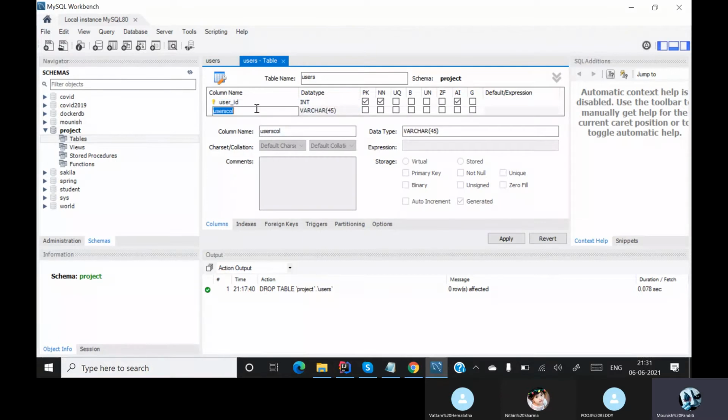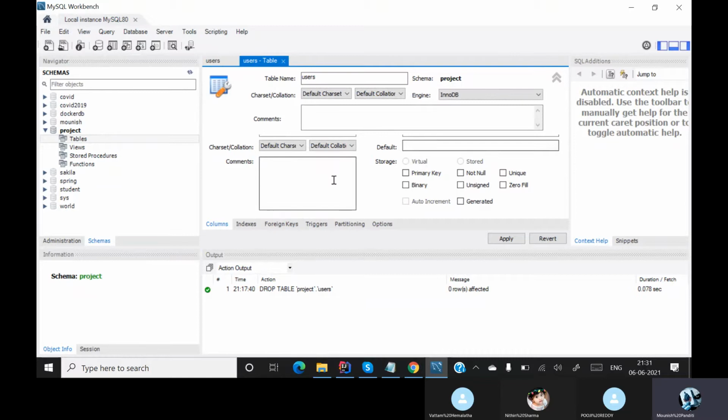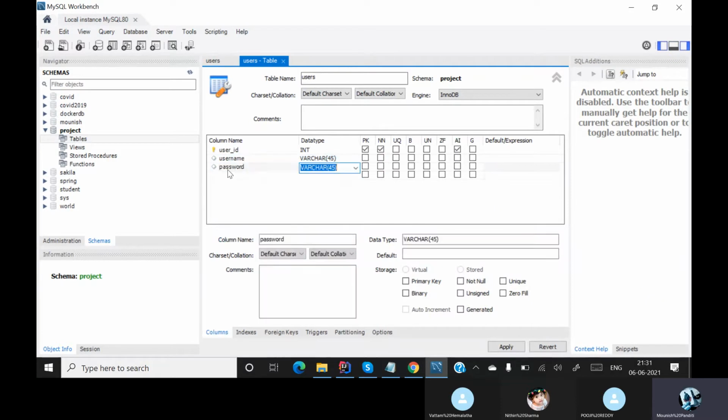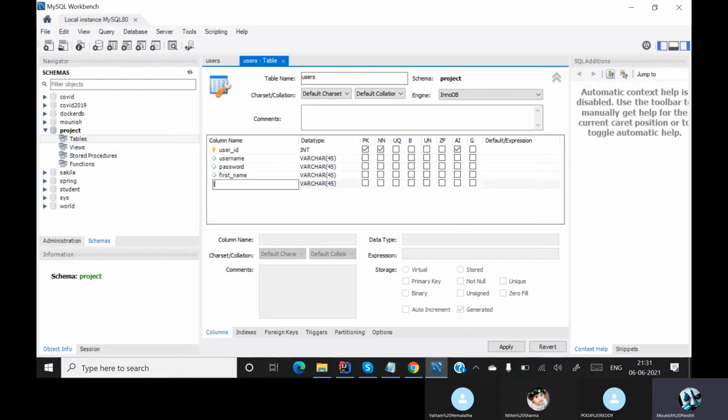After this my next column is username, let me extend this. After username let me make password. After password we have first_name, next it is last_name. We have our values, this is our table.